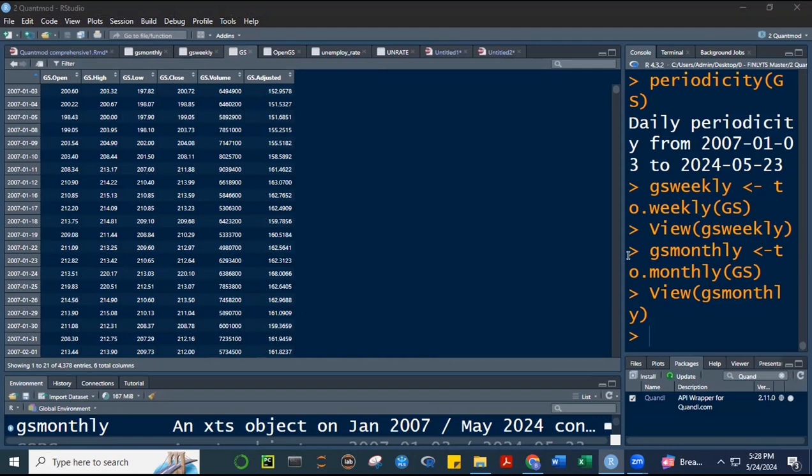Na-share mo na ba? Okay. Yeah, I think the closing is based on the 31st. You're correct, no? So if you observe these values here, for the GS monthly,